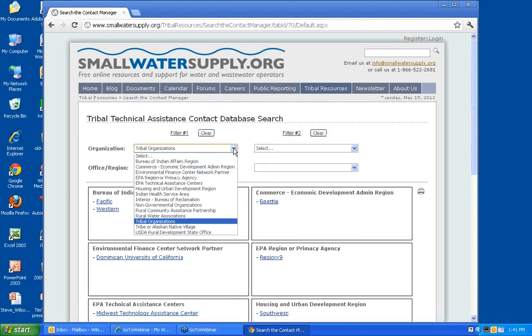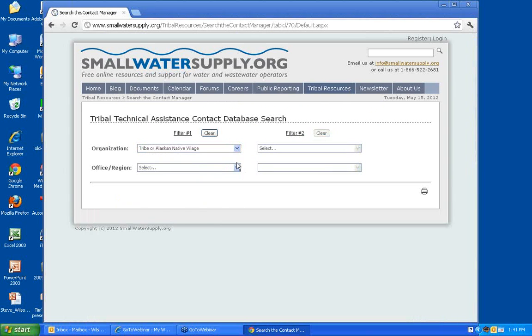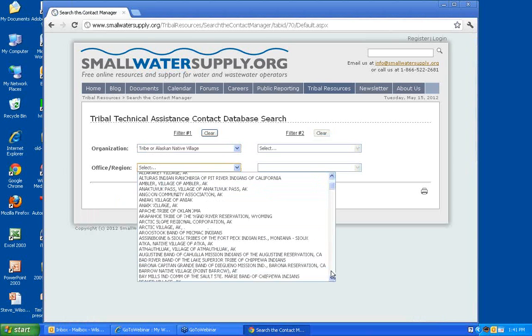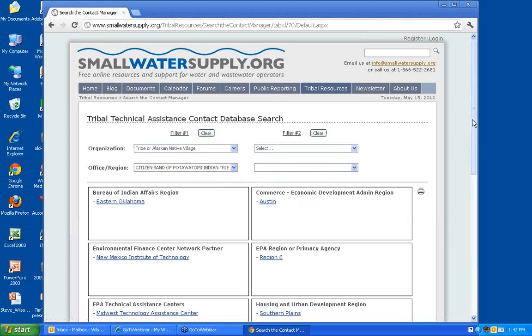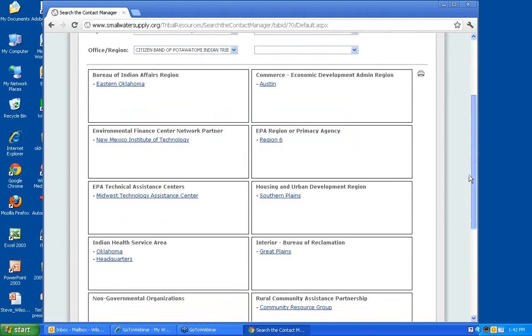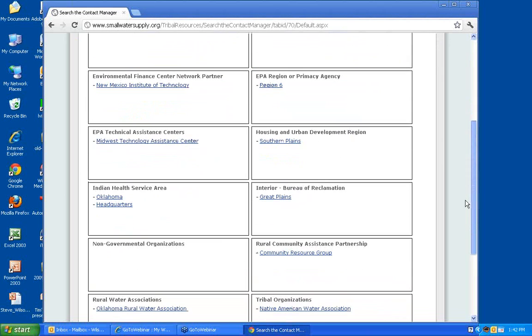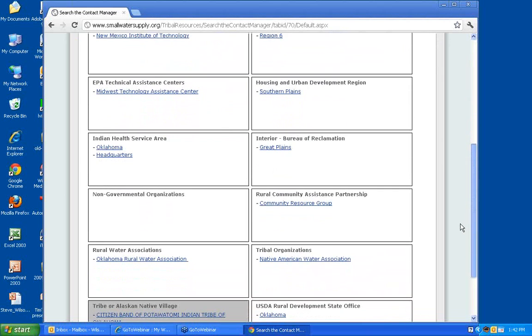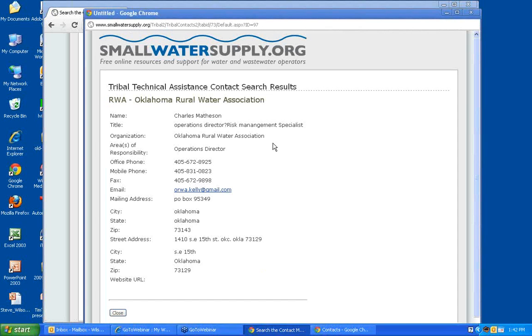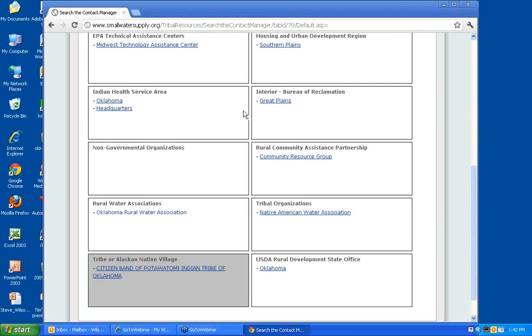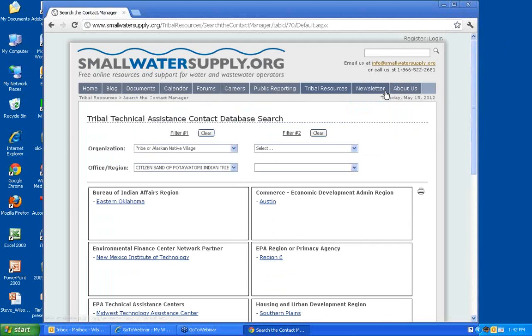The other advantage of this site, it wasn't meant to be this way, but if you are a tribal operator, you can go through this list and find your tribe, and it now gives you a list of who all the people are that are supposed to be working with you. So if you need to get a hold of HUD for something related to housing, or someone said that the Rural Water Association in your state can do leak detection, for instance, now you can find that information, know who the contact is, and get a hold of them. It's pretty useful in that respect. And I guess with that,